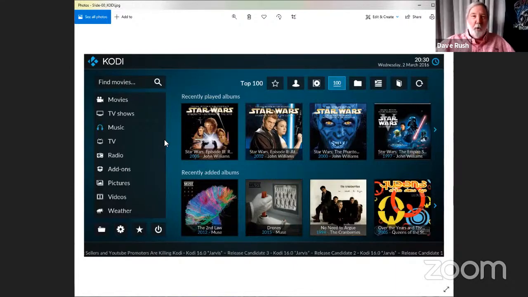Yes. So here's a quick view of the main page of Kodi. So you can see along the left-hand side, we have the ability to select between movies or TV shows and radio and the weather. And you can organize it, and there's all kinds of cool things. I'm going to show you the whole thing as we get toward the end of today, but that's the basic interface to Kodi. And what's really cool about this, there are 6, I think, platforms that Kodi runs on, and they look and act identical on all of them.